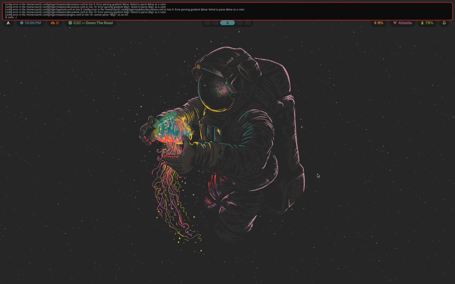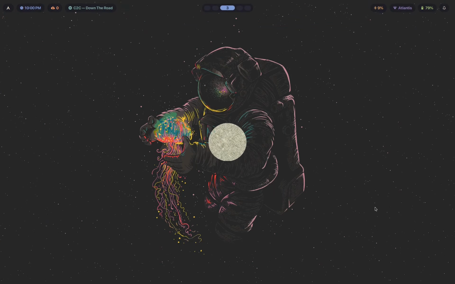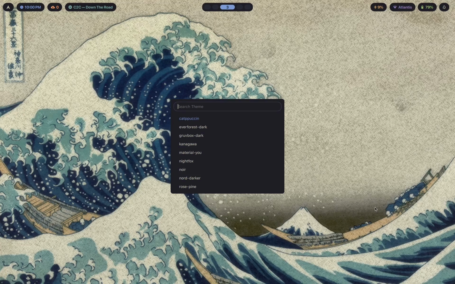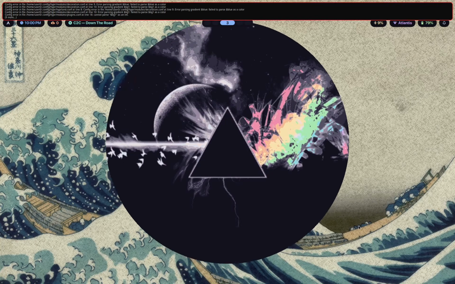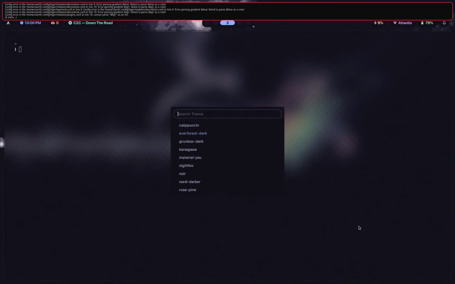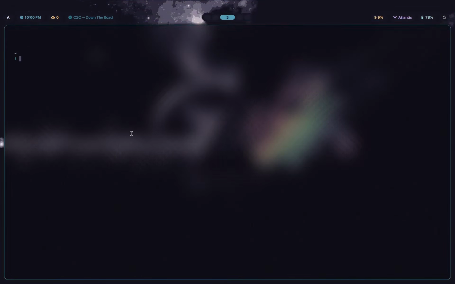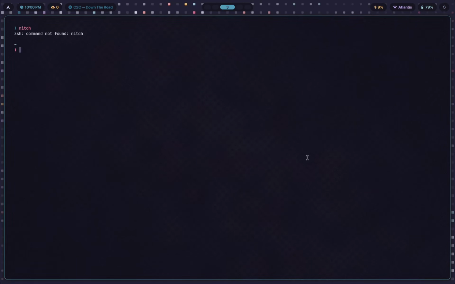So basically, there's a list of themes that you can pick from, where all you have to do is just select whichever is your favorite theme, and the entirety of your system adapts to that specific theme. Now, let's say I pick a theme like Rosé Pine. Okay, now here what I can do is I can open